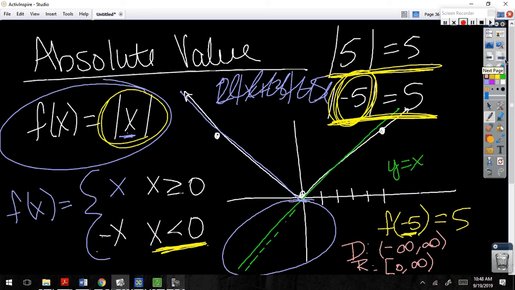All right, here's the thing, as you graph absolute values tonight, you're going to have to find points. One of those points is going to have to be where it meets, and that may or may not be at 0. So let me give you an example. In fact, let me do one from your homework. And we're going to do the domain and range on all of these as well. Let's say I asked you to graph